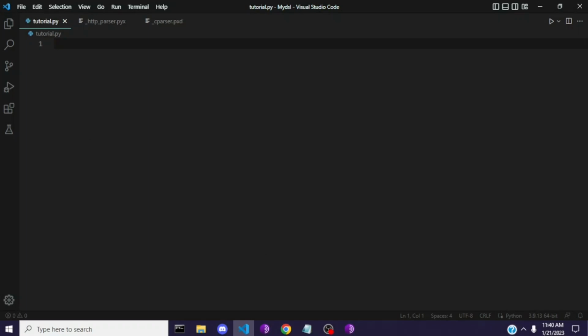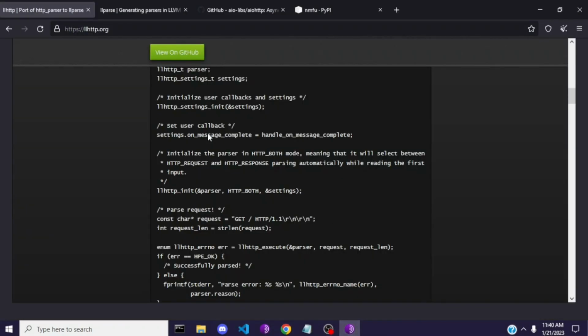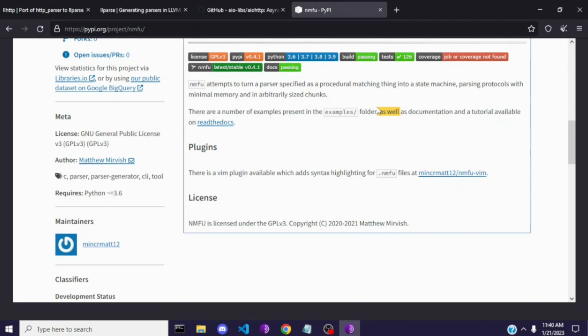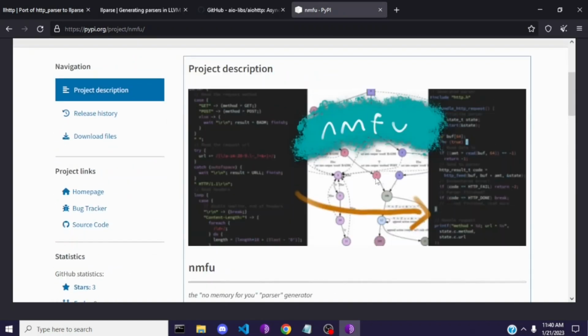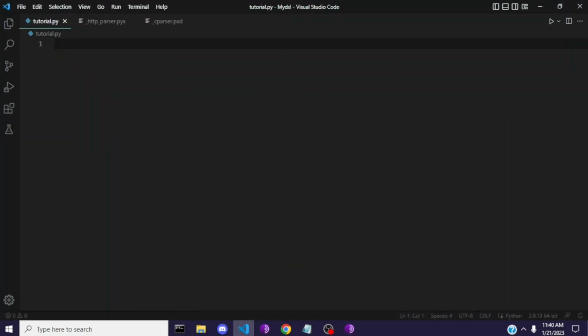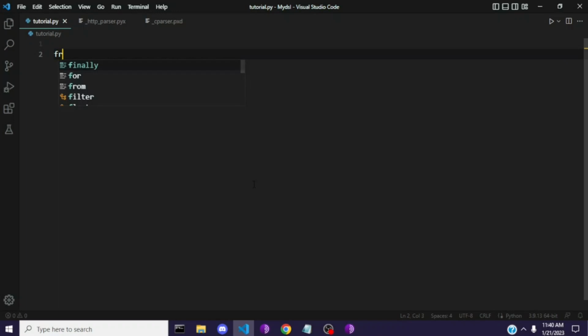I did stumble upon a library called No Memory for You, but the problem with this library is that you're not actually writing Python code. You're writing someone else's language to build C code, which is not what I wanted to do. I wanted to write Python to build C code. So that's what I have done, and allow me to demonstrate